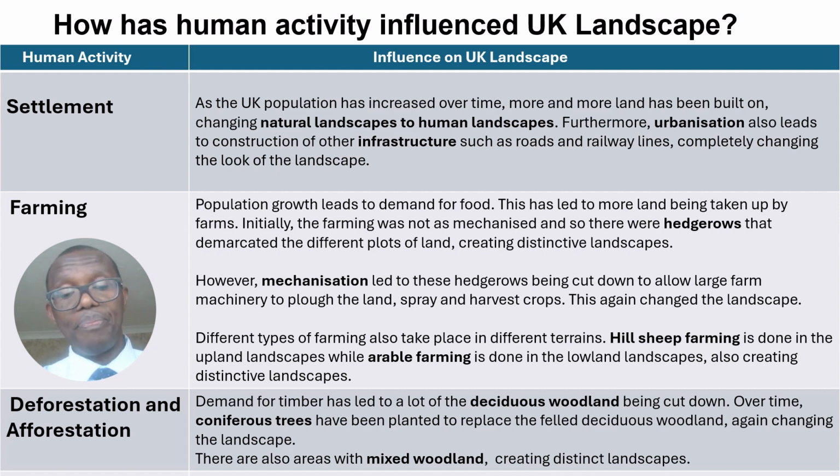And some of it has been replaced by coniferous trees, which are slightly different. They are cone shaped, like the Christmas trees. And so in the UK, the landscape has changed in terms of the vegetation that you have. So from deciduous woodland to coniferous woodland in some places, and then in some places a mixture of both where you have mixed woodland. And all this that is happening is creating distinct landscapes or landscapes that are changing and